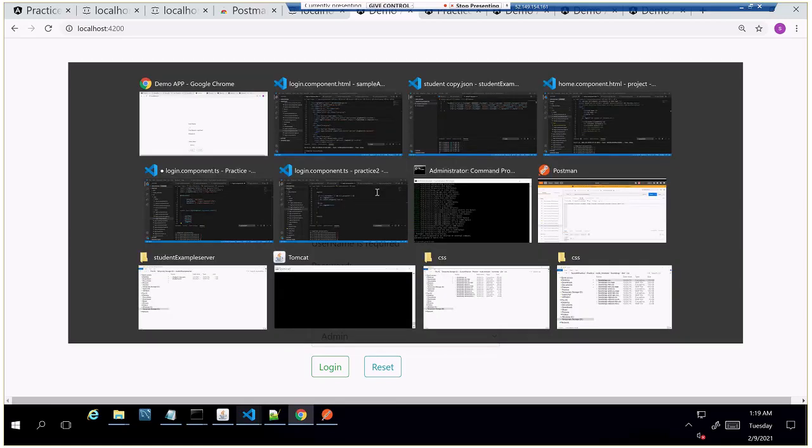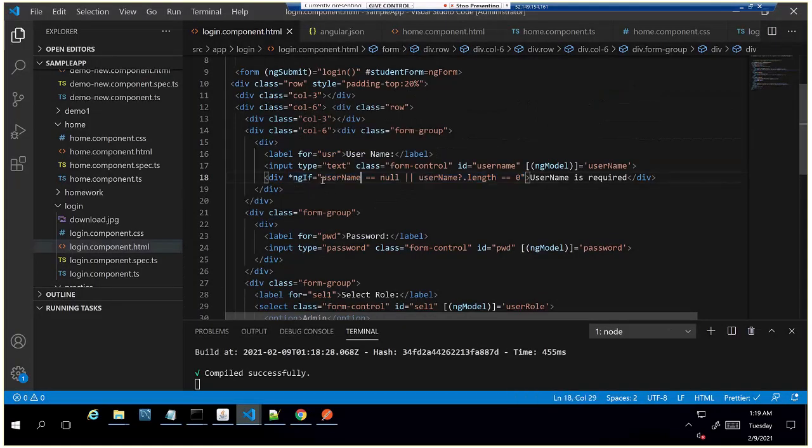I'll check this condition. But normally, on submit only, we need to add. That's why I have added this condition here: form dot submitted and the username is required.